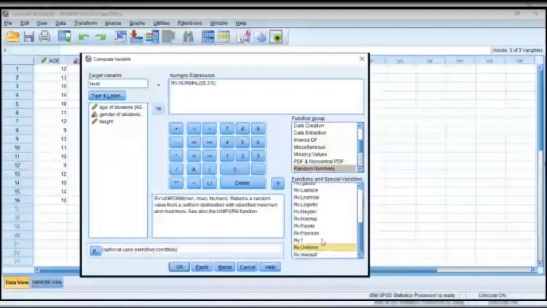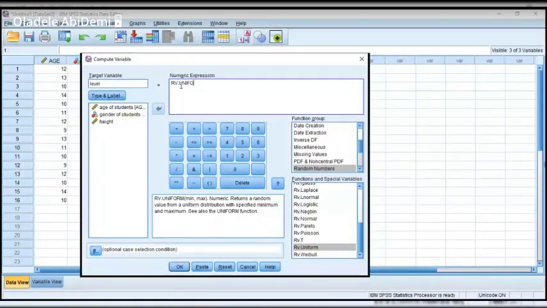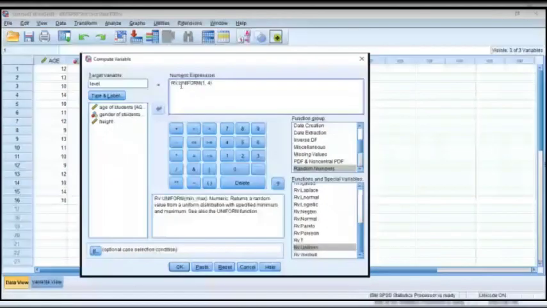Now, for uniform, it's asking us for the minimum and the maximum values. Rv.uniform, the minimum value 1 and the maximum value 4. Okay.